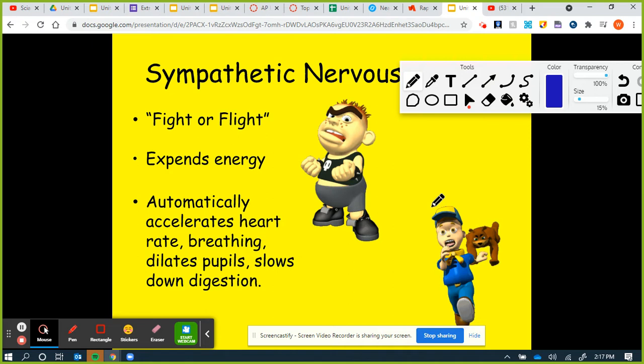It slows down digestion. That's why you generally don't have to go to the bathroom while you're playing a sport, but you might have to 2 hours later, because digestion slows down so that we can conserve all of that energy. The body's like, I don't care about digesting right now. If you're being chased by a bear, it'll either slow it down, or sometimes if the fight or flight stimulus is strong enough, it'll just release everything at once, which is why sometimes people just pee their pants when they get really scared.